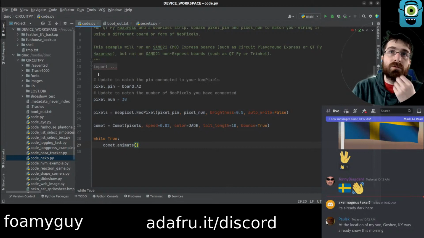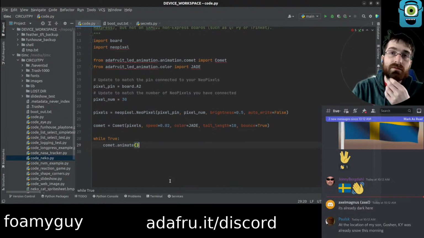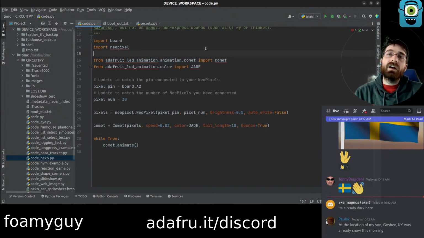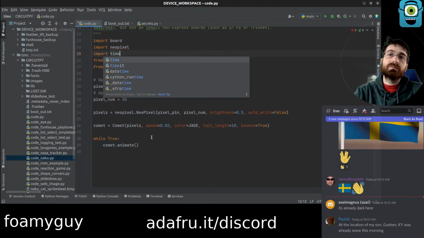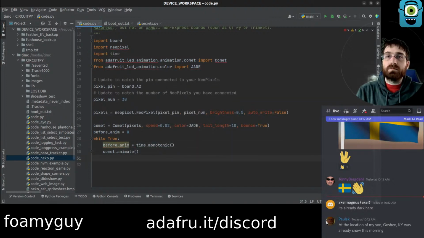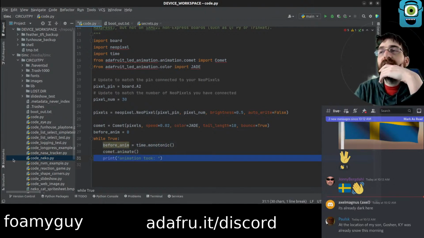And I think what we will do is... we want to know the time, I think. But printing slows it down too. May interrupt our